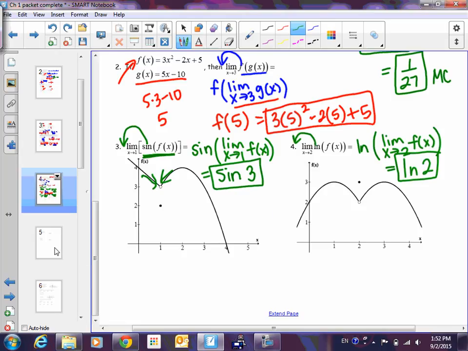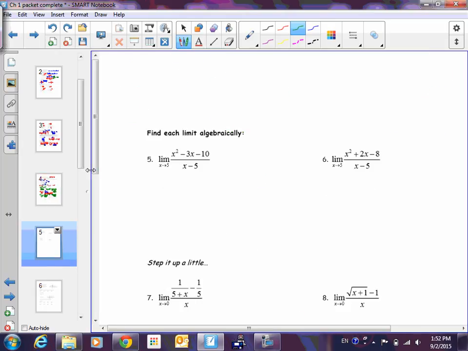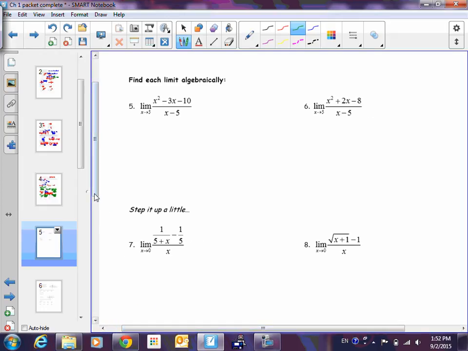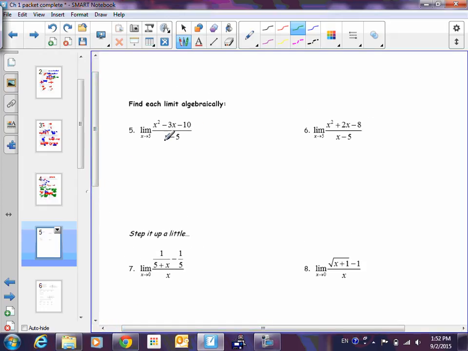What we're going to spend a little bit of time on now is going back over some limits from yesterday, making sure we're all on the same page. So remember, you can solve them algebraically, like expressions and equations. You can solve them graphically or with tables. We're going to focus the rest of this time on this kind. So remember, you always are just going to plug it in first. You plug it in,